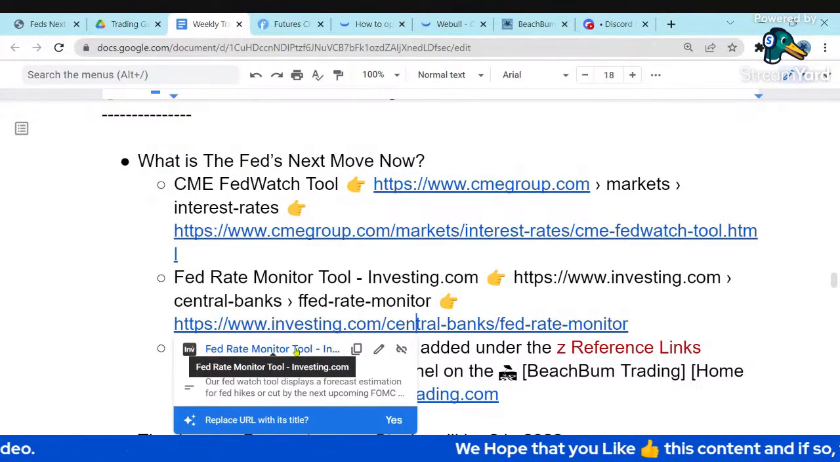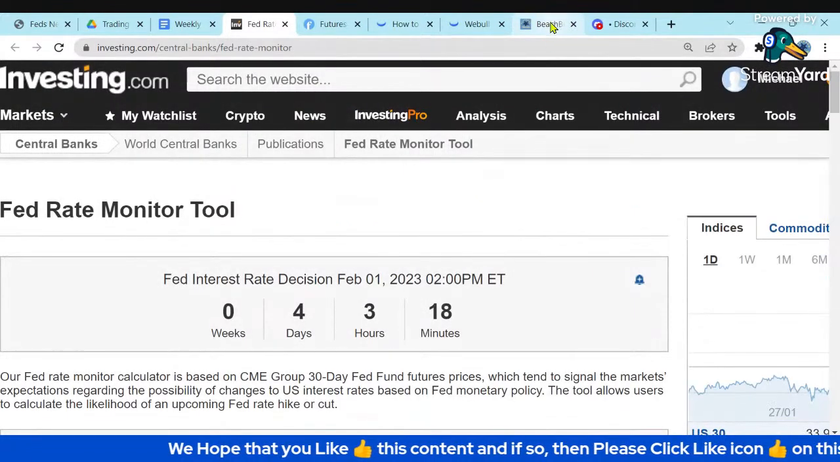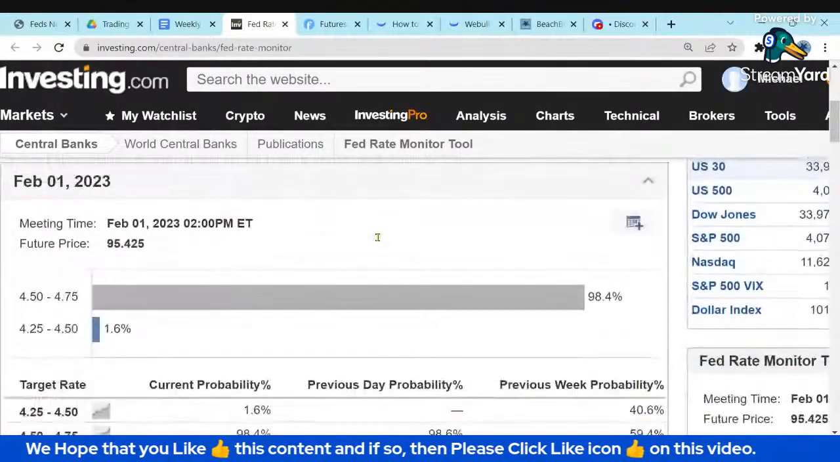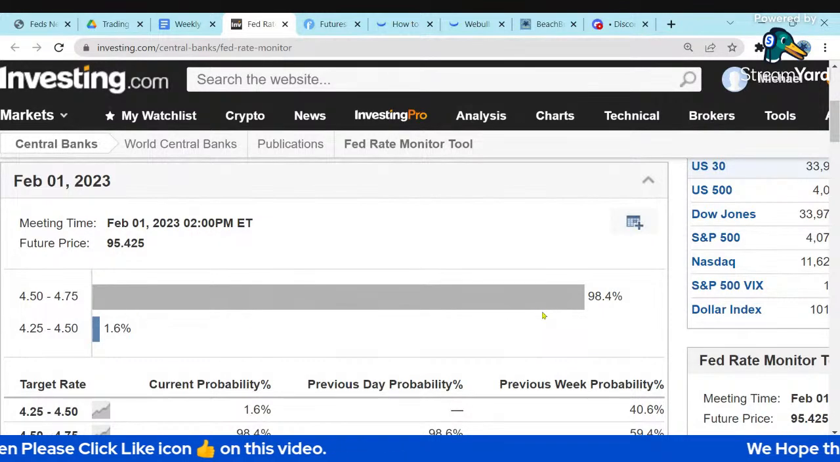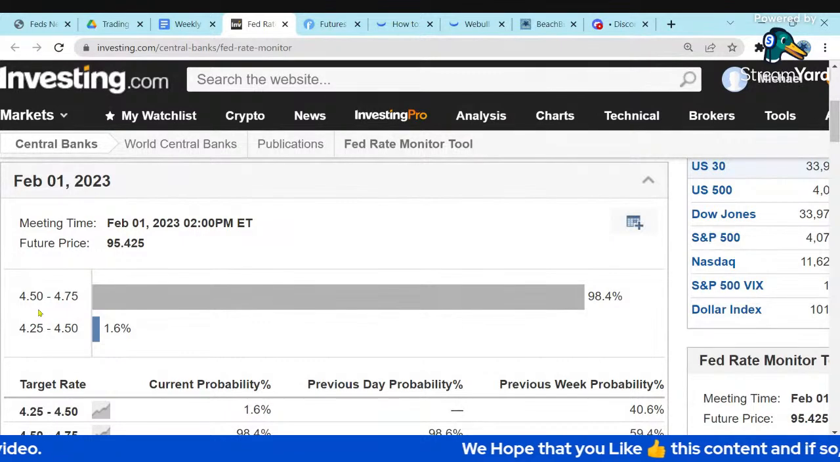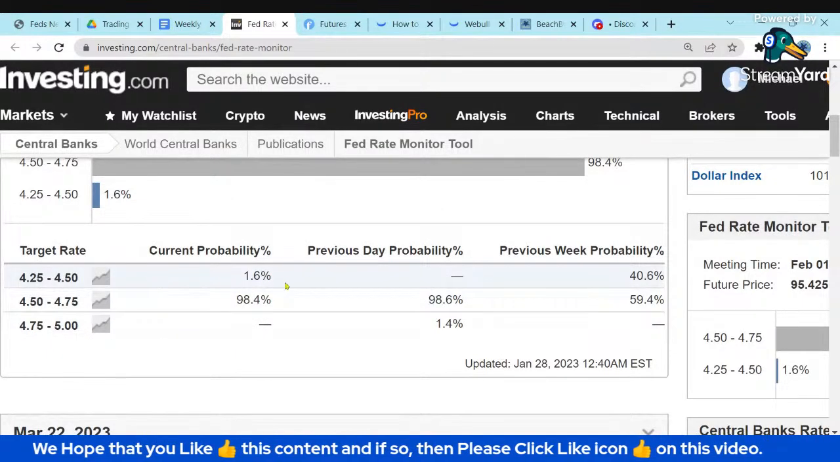It's called the Fed Rate Monitoring Tool. And again, you can find direct links to both of these on our homepage. Again, another way to see what the guess is here. They're saying the same thing: 98.4% say it's going to be a 25 basis point hike, so 450 to 475. 1.6% say no hike. And then again, you could see